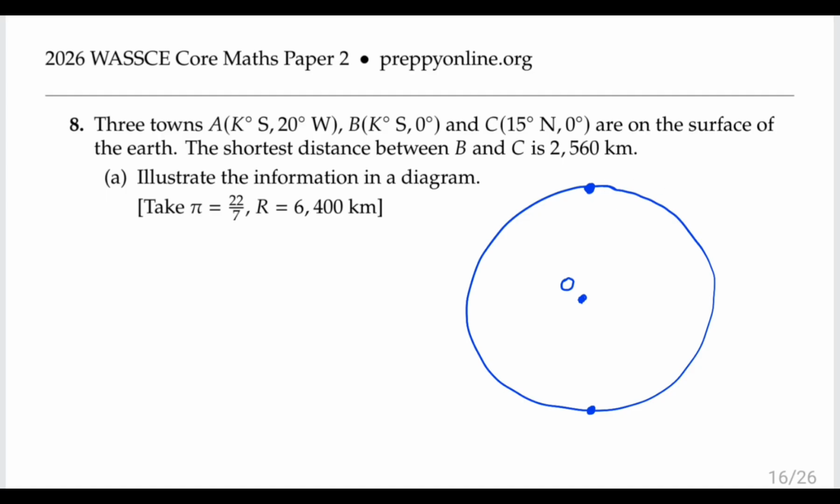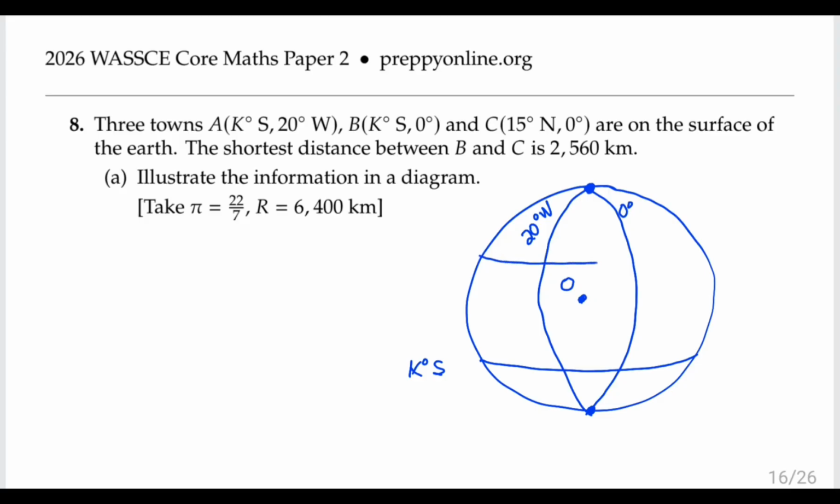So we can draw something like this for longitude 20 degrees west, and then we can draw something like this for longitude 0 degrees. So this is 0 degrees, and this is 20. Let me write it this way, 20 degrees west. And then we also have to draw our latitude. So let's draw this latitude as K degrees south. And then let's draw this one as